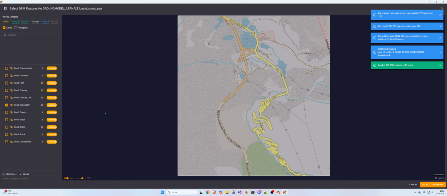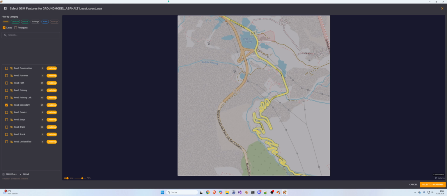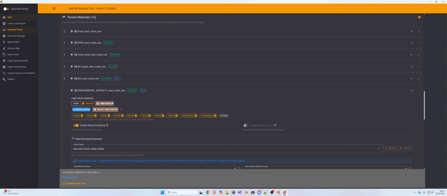I did some cache tests before. You see here the yellow thing is our road, and we see it's secondary roads here. You see if I click it, it's secondary roads. So we only work on secondary roads now. Select the features, leave everything like it is,